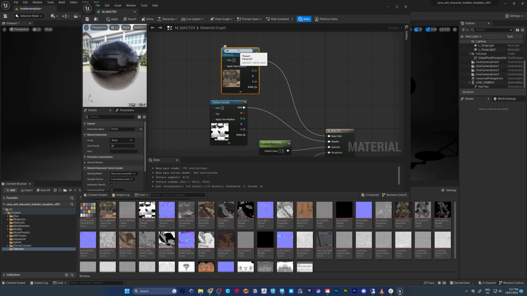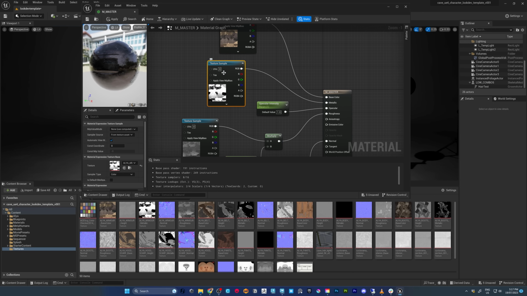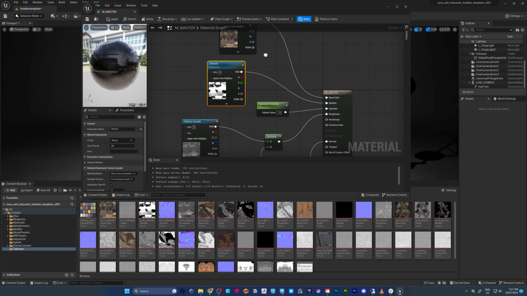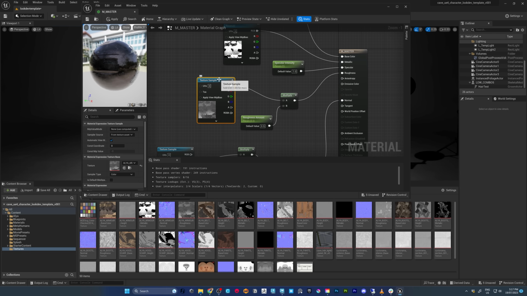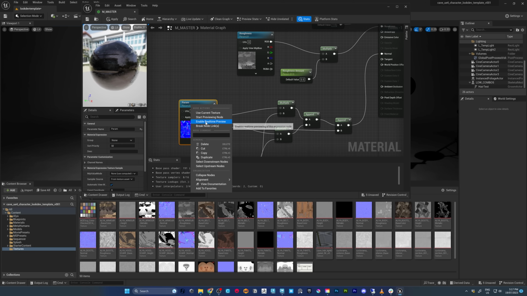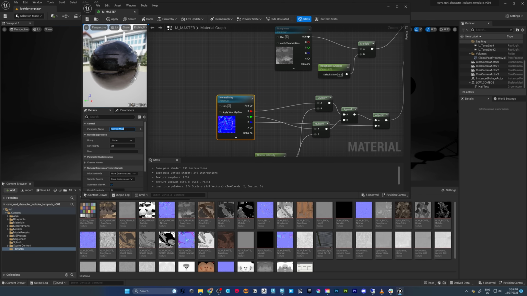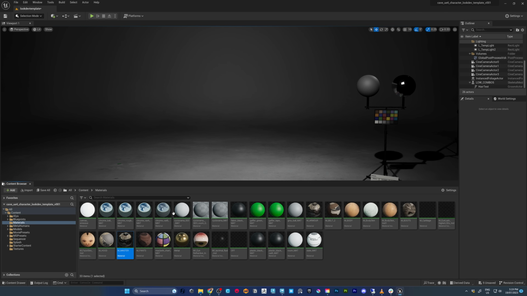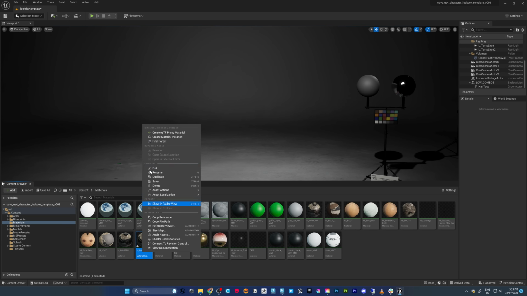convert to parameter, diffuse. So basically what we're doing here when we're converting all these parameters is creating an interface for our material instance, as you'll see in a minute. So we're going to go through and convert all these to parameters so that they're editable, and then we're going to create a material instance, and I'll show you how great that is. Just rename this last one normal map. Beauty. So we'll save that, and then we're going to create a material instance off that master,